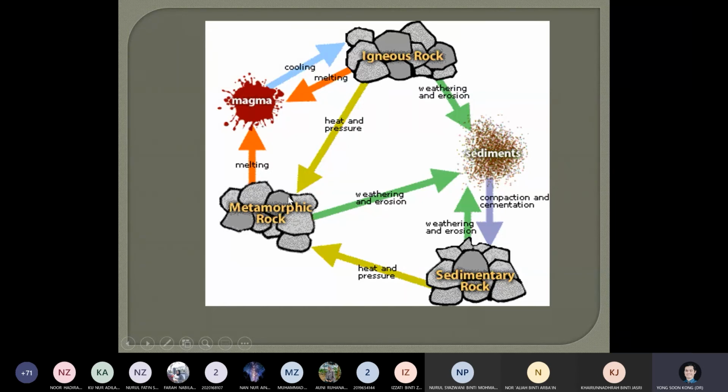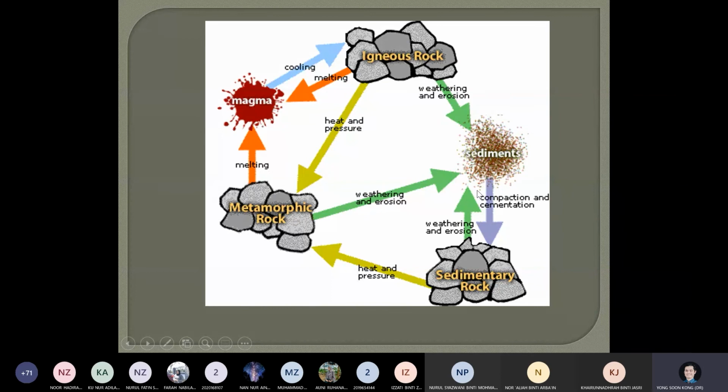So they are probably formed in deeper regions of the earth, and due to movement of these tectonic plates, sometimes they go deeper down to form magma,